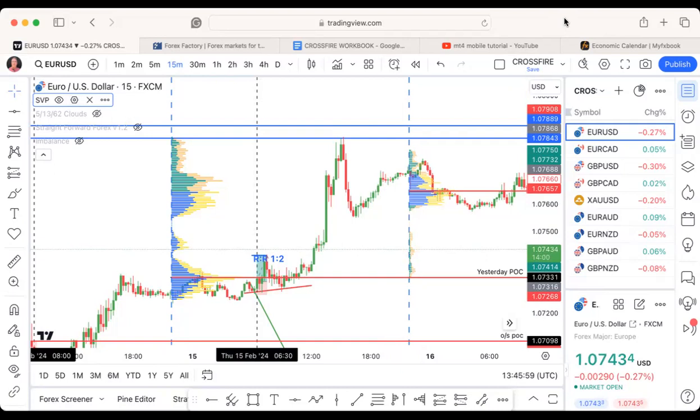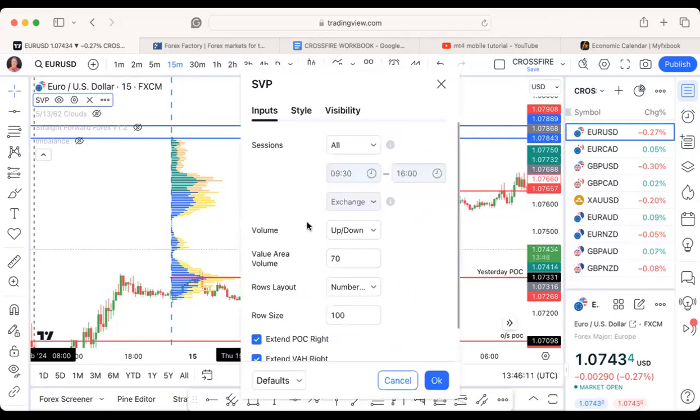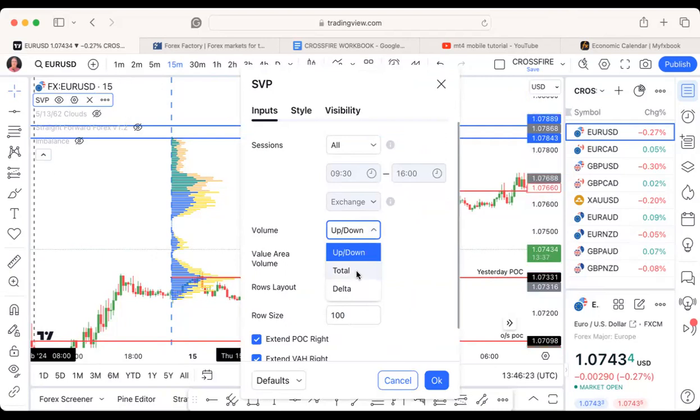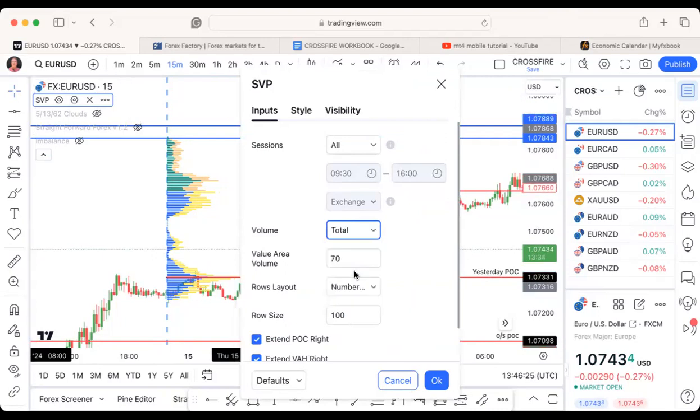So session volume profile. I haven't changed any of these. I've got up and down as opposed to total. I'll show you the difference. Up and down is what I've got on now. If I click on total